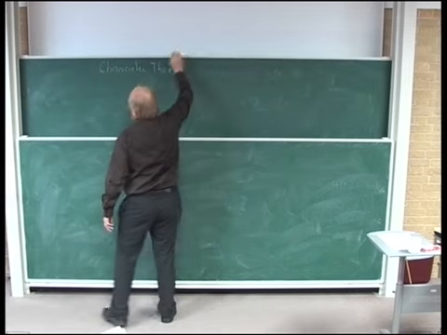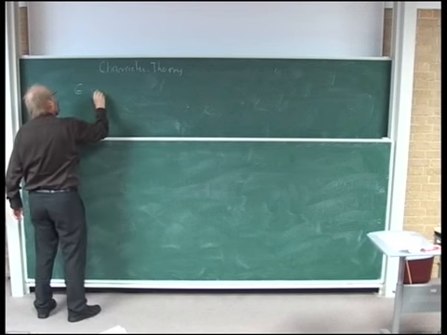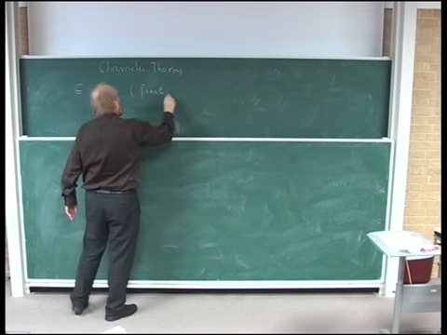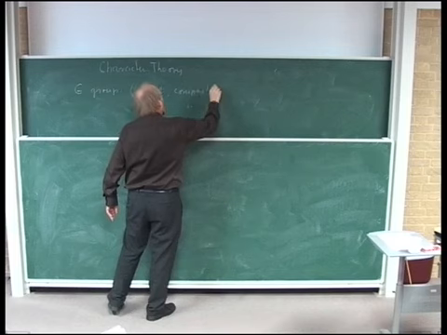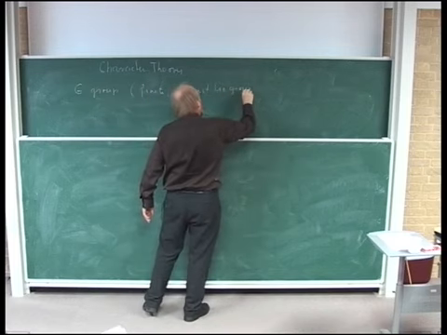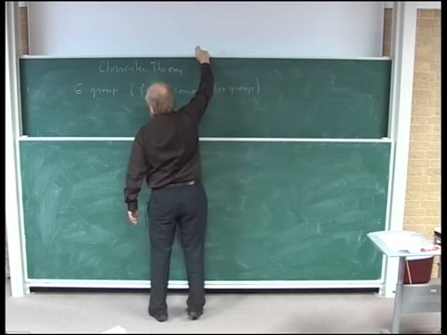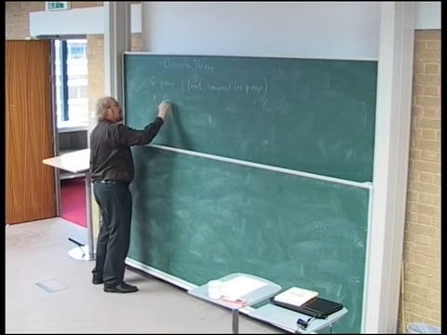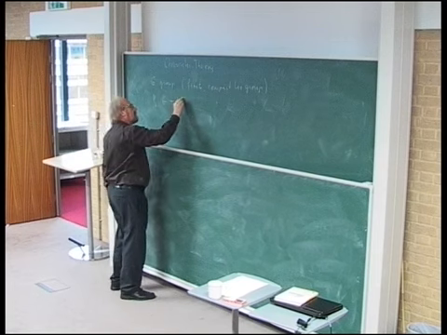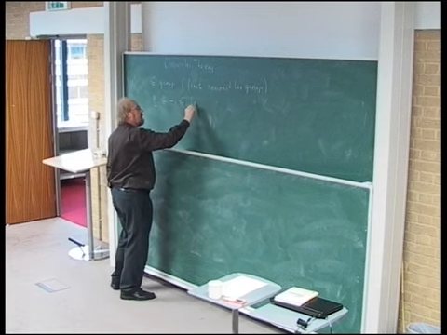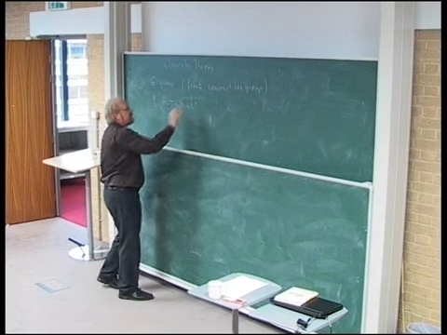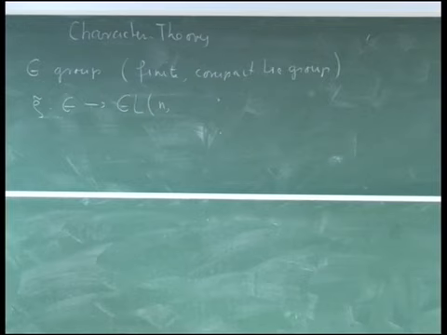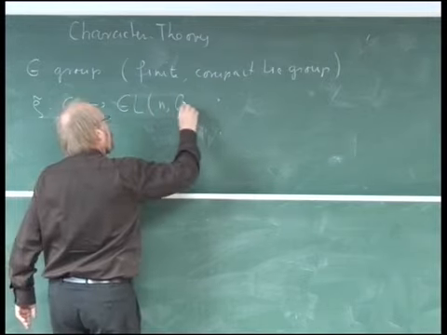So what we have here is a group G, which is either finite or a compact Lie group. And we have a mapping, rho tilde, as he wrote, from G into GL. And now this is supposed to be the dimension, and for today's talk I will use C there. So we use complex